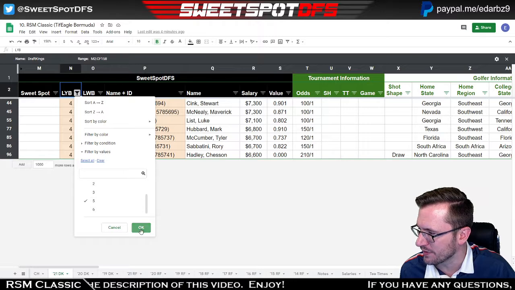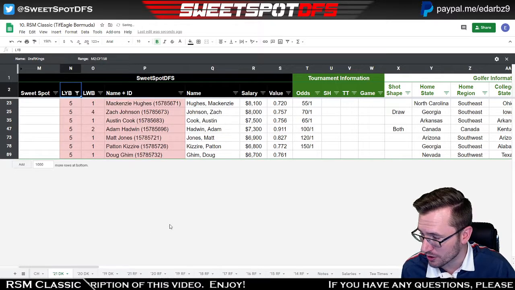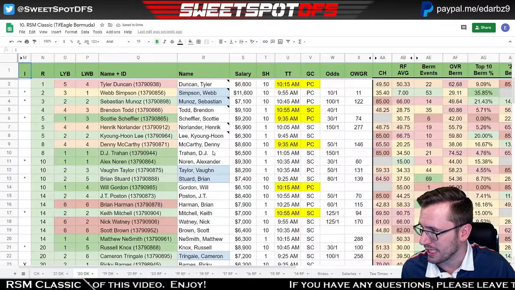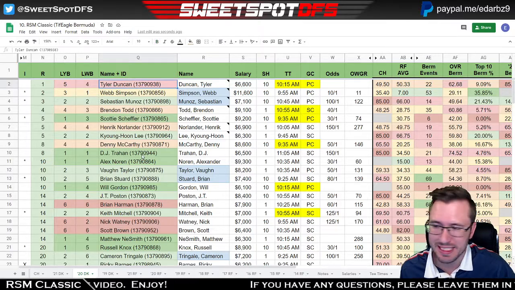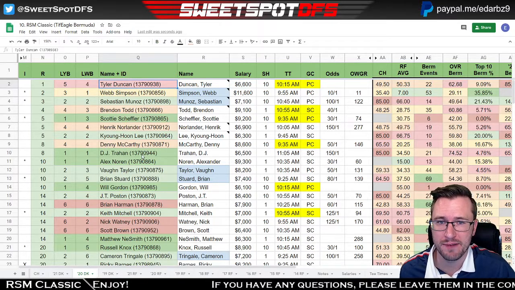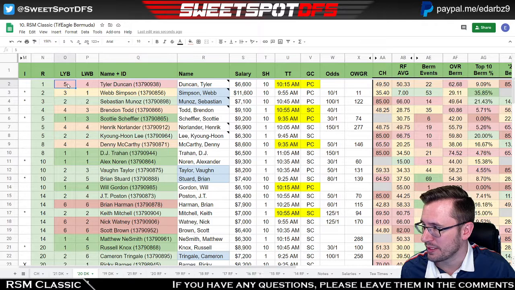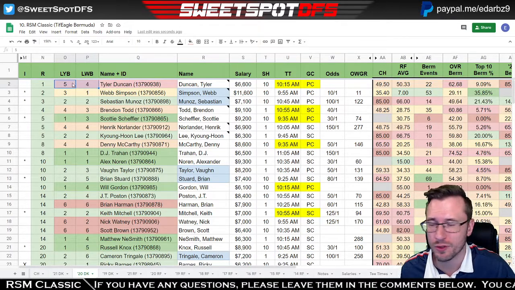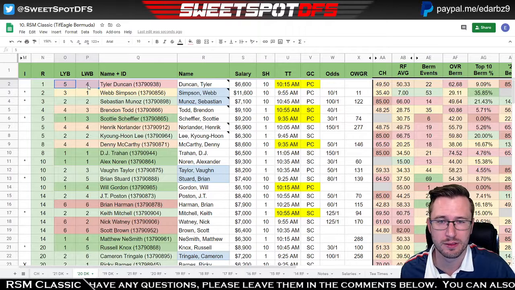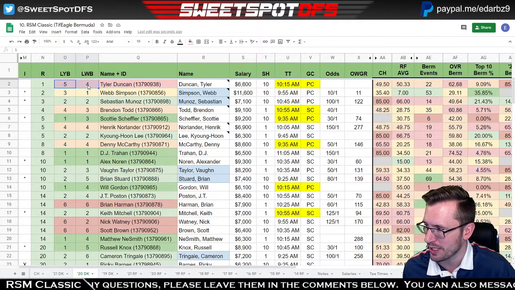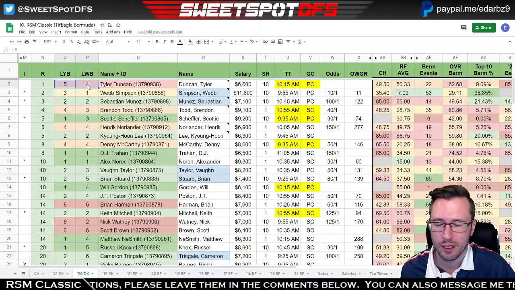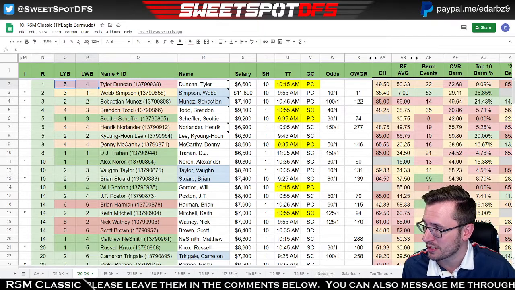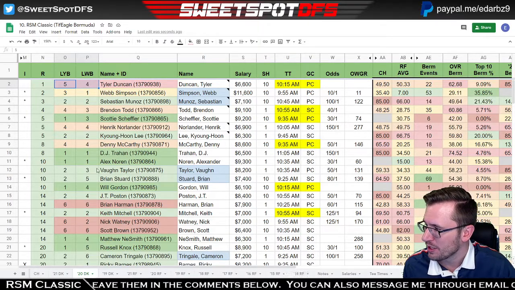Last year 5s. So last year, Tyler Duncan won this as a 5-4. That means he was a last year 5, last week 4. Both of these buckets aren't good to begin with, but that bucket combination isn't good either. But looking at this tournament, especially last year, sure, we see